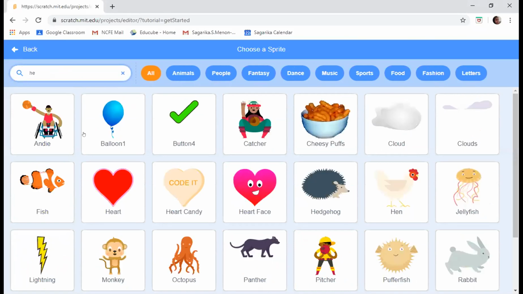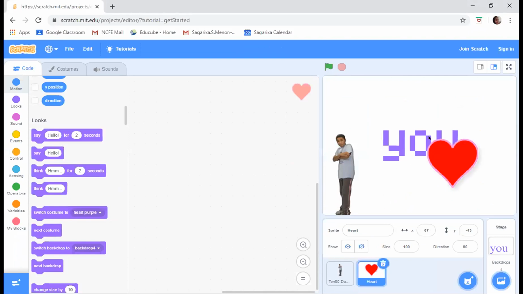Okay, very good. Very nice. Now we will code for the heart. We are just waiting for Rakshita now.